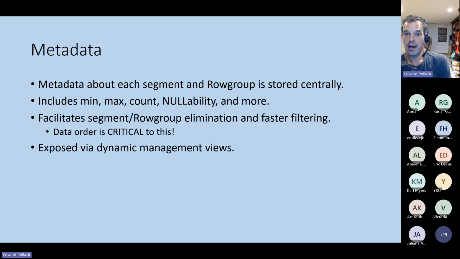So within each row group, how many rows are there? Things like that. And for each segment, what's the min, what's the max, what's the count? Is it nullable? Things like that. And they aren't like statistics, where it's kind of an estimate you've got to fix every so often. Here, they're precise. So when you compress your segment, this metadata is created automatically,